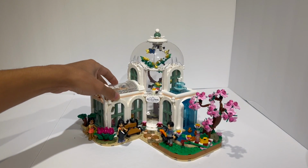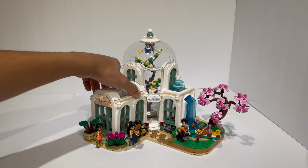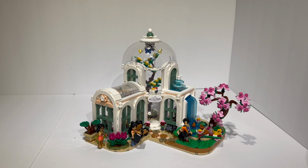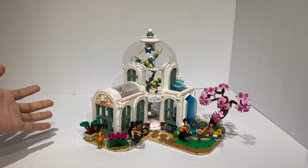There are a ton of builds online, which people literally made basically on the day this set actually released, taking 2 copies of the set and combining them together. Now, I've specifically chosen the one that is meant to integrate it into a modular building style of street. The reason for this is because, well, I want to add this to my LEGO city. So my LEGO city is using the modular building style, so I'm going to try to make this a modular